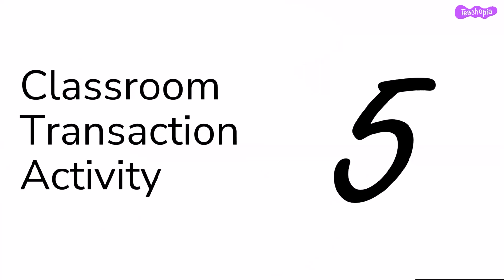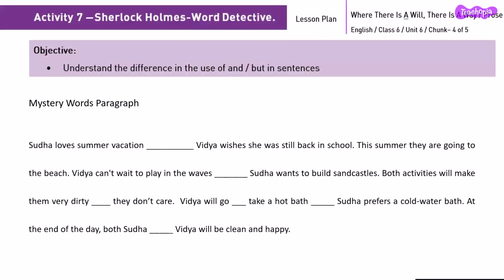So this is classroom transaction activity 5, teachers, and this is a very simple activity where we make sure the children know about conjunctions, especially 2 conjunctions as of now, because they are already done with the activity of adverbs of frequency. So for grade 6 learners, we can make sure that they will be very perfect in using 2 conjunctions, that is, and and but. So we can frame some paragraphs with fill in the blanks like this,